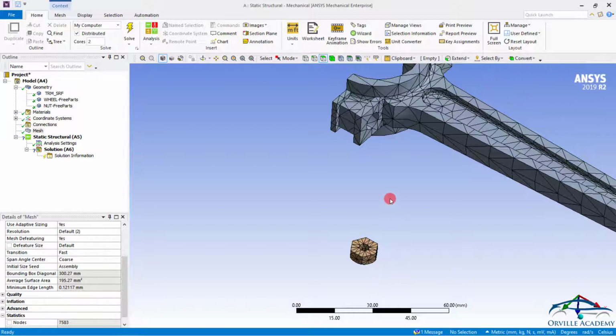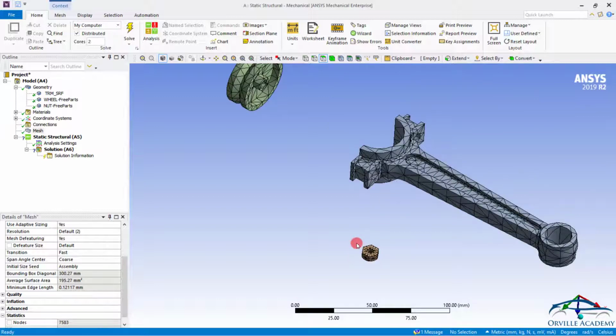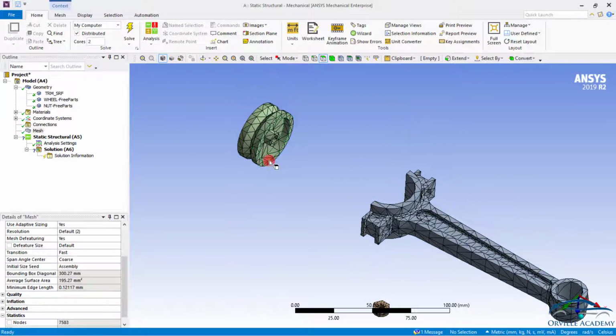Here, since one part is very large and other parts are very small, I want to calculate the element size based on the bounding block for each and individual component. The point I am trying to make over here is that in order to calculate the element size for this component, ANSYS is supposed to create a bounding block for this one, and based on that bounding block, it is supposed to calculate the default element size for this part. Again, do the same procedure for this part and this part.